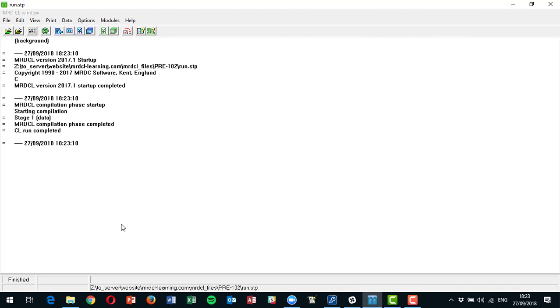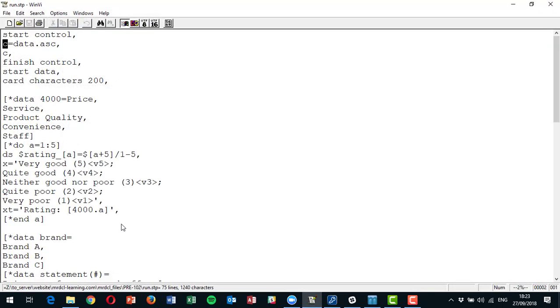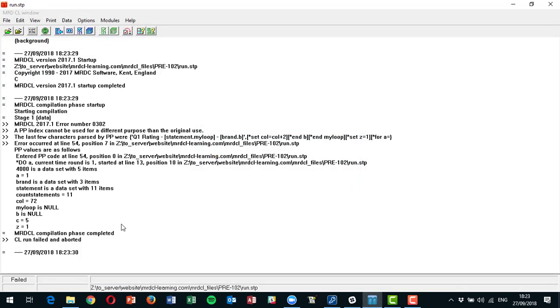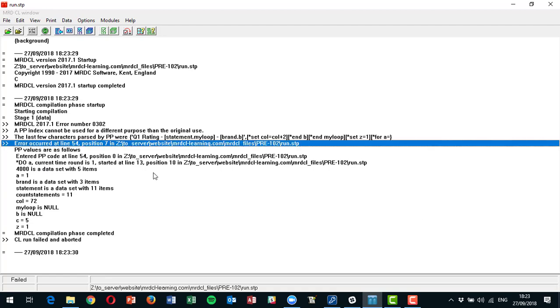Now, closing loops is something that is easy to do and can make things more difficult to find. I'm first of all going to close this loop, or fail to close this loop at the top. Let's see what happens. And you can see it's made some quite good progress here, and the messages aren't quite as clear. If I look at 54.7, which is the message it's giving me,